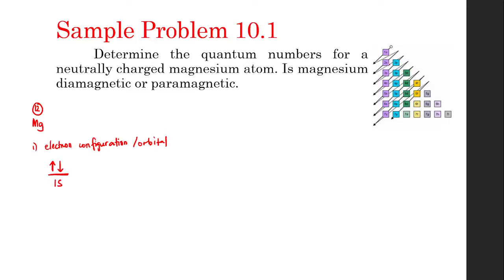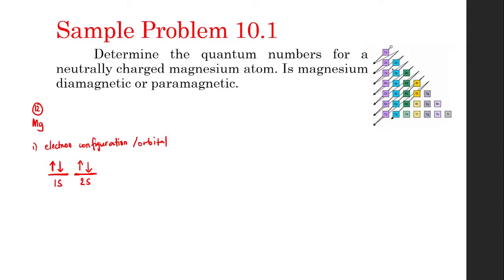The next one is 2s. I already have 2 electrons right here, so I only have 10 electrons left. Again, s has 1 orbital, right? So for 2s, I fill this orbital first: an electron going up and an electron going down. Alright, okay. So I already have 4 electrons, but I'm not done yet. I need 12 electrons. The next